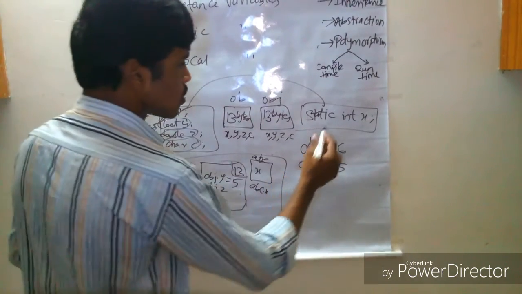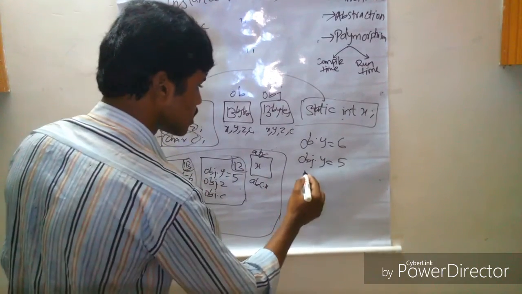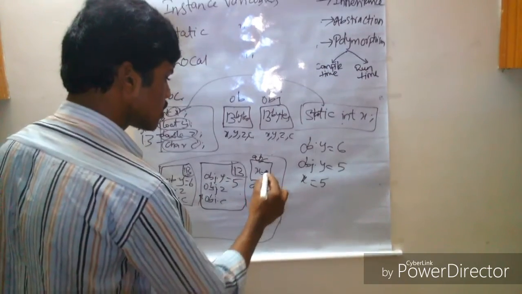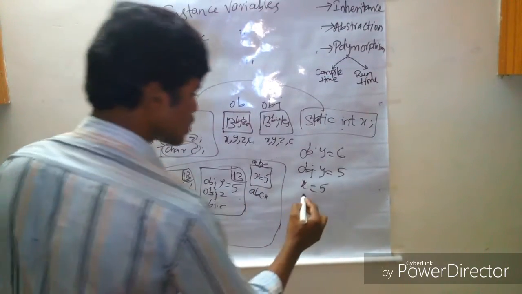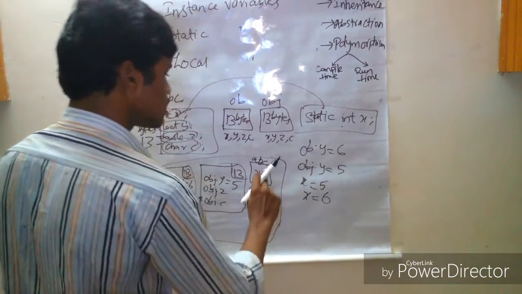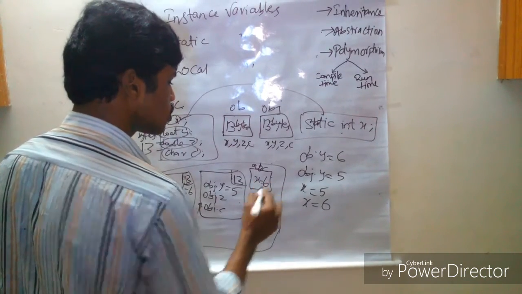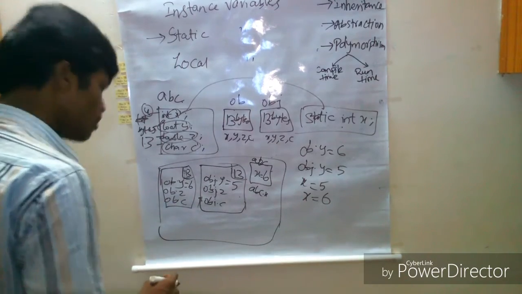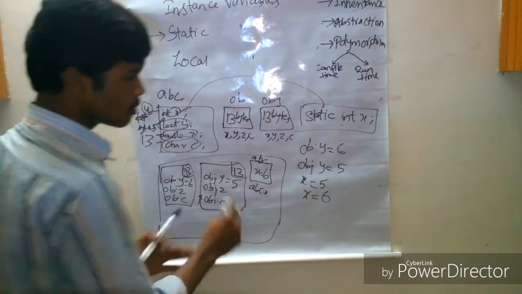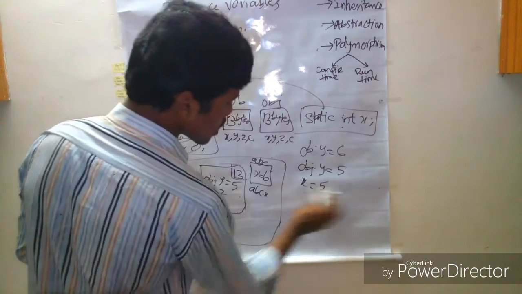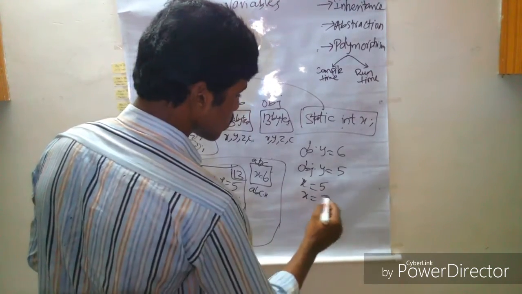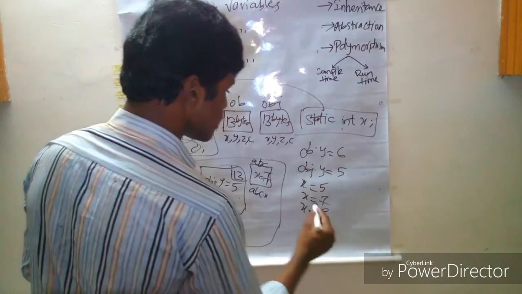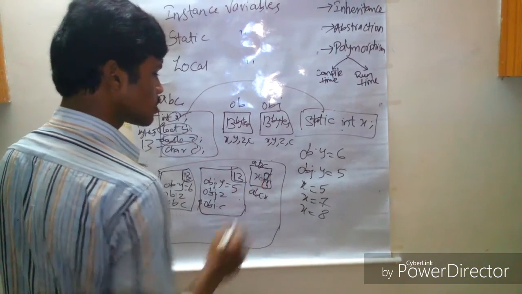And what about static? If I give the value of x as 5, initially the value of x will be 5, and if I then give the value 6, it is going to remove this 5 and operate with the 6. In this way, the static variable can be modified, but it will be fixed. It is only going to have one value. If I give x equal to 7, it is going to change to 7. If x is equal to 8, it changes right there itself.